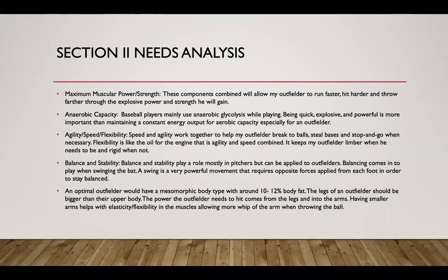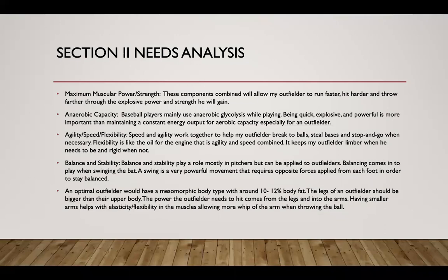Section 2, needs analysis. So for the maximum muscular power and strength, these components combined will allow my outfielder to run faster, hit harder, and throw farther through the explosive power and strength he will gain. Anaerobic capacity. Baseball players mainly use anaerobic glycolysis while playing. Being quick, explosive, and powerful is more important than maintaining a constant energy output for aerobic capacity, especially for an